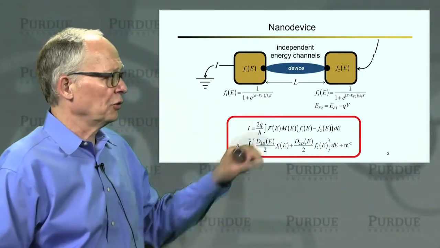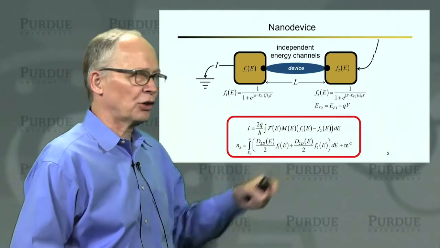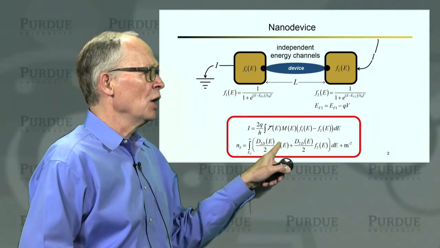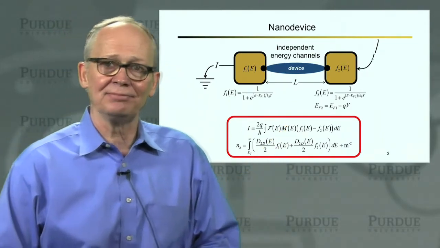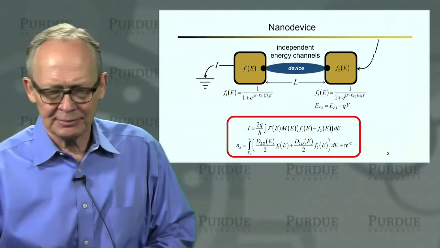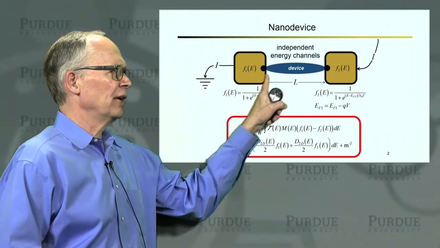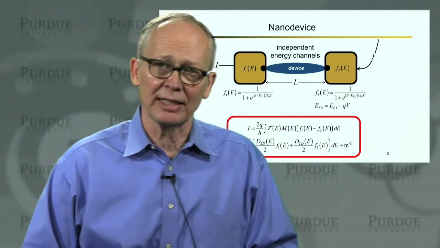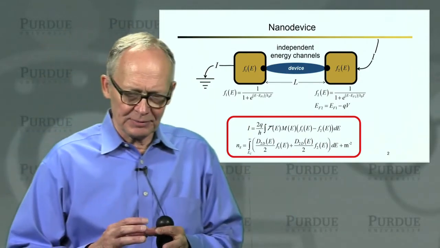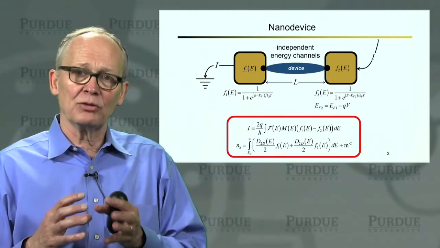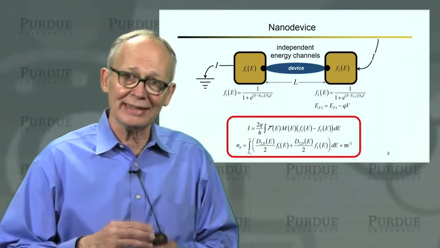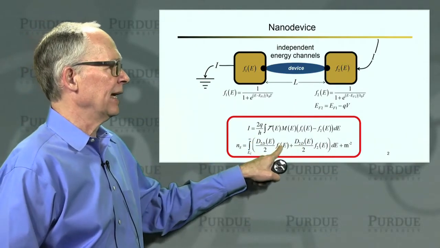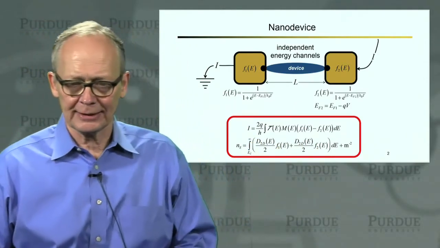Okay, now these are the results that we derived. We derived this expression for the current, and we want to work more with this in this lecture and get more familiar with it. We also derived an expression for the electron density within the device. Again, we're not trying to resolve anything spatially within the device. To do that properly, we would need to do something like a Boltzmann equation. We're just thinking of this device as a small, uniform device. The electron density is uniform within that device, and we have a way to calculate it in terms of the density of states and in terms of the Fermi functions of the two contacts.